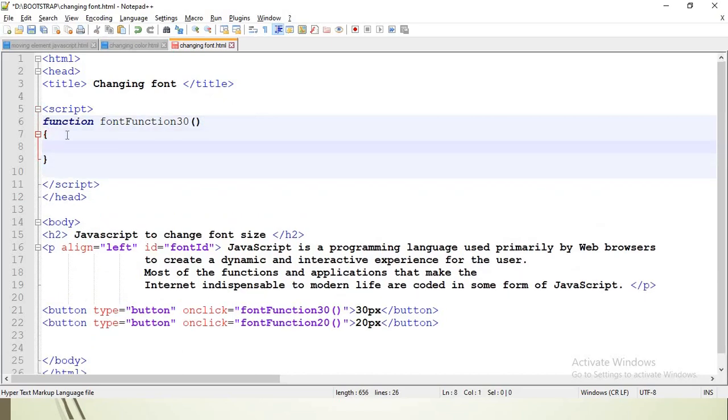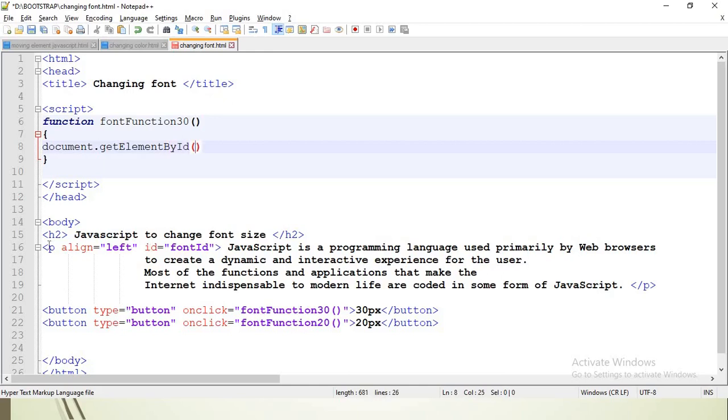So inside this function, what I want to do is the default font size should be increased to 30 pixels. So I make use of document.getElementById. What is the ID?